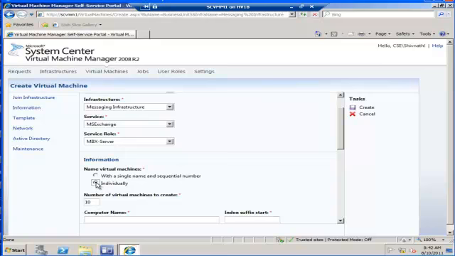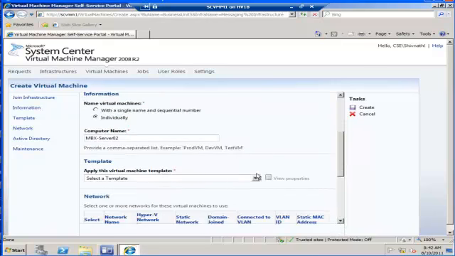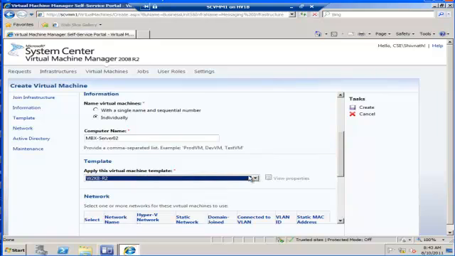In case they need a single machine, they can choose this option and provide the machine name. Now I'm providing the machine name as MBX server 2, and also they have the option to select which template they need. Once they have selected the template,